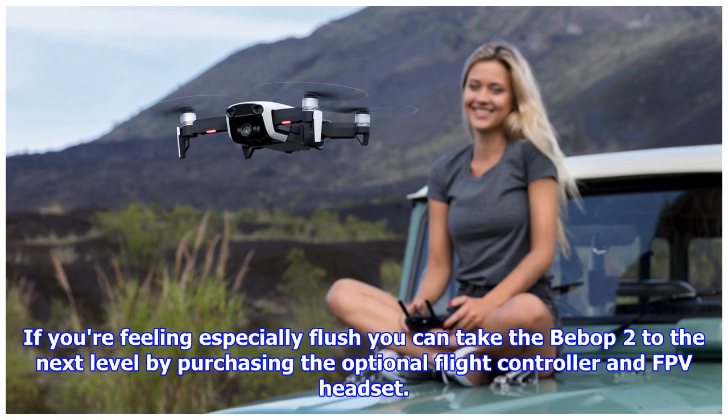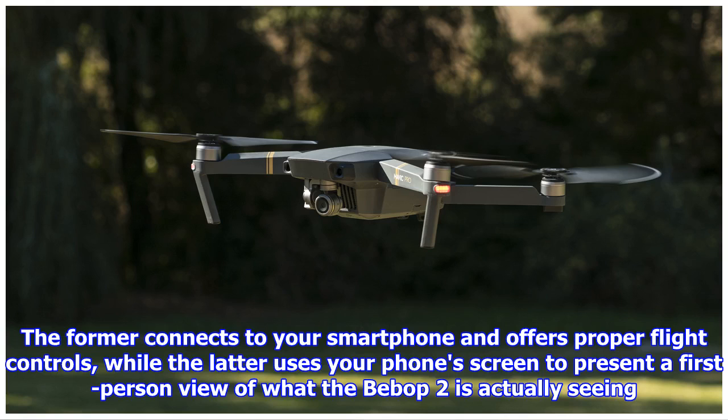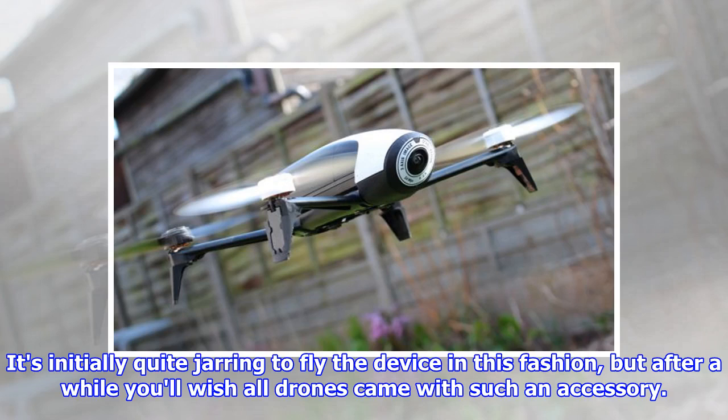If you're feeling especially flush, you can take the Bebop 2 to the next level by purchasing the optional flight controller and FPV headset. The former connects to your smartphone and offers proper flight controls, while the latter uses your phone's screen to present a first-person view of what the Bebop 2 is actually seeing. It's initially quite jarring to fly the device in this fashion, but after a while you'll wish all drones came